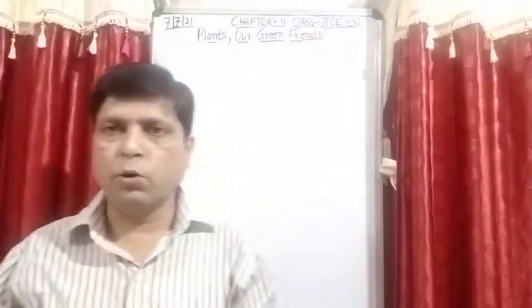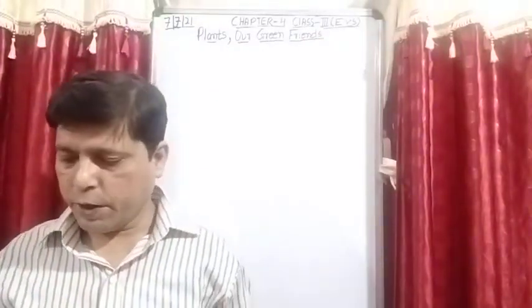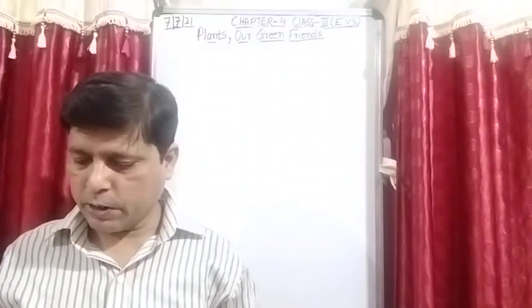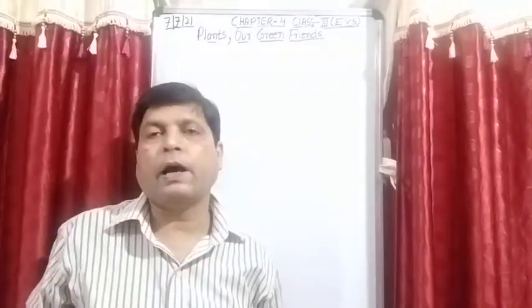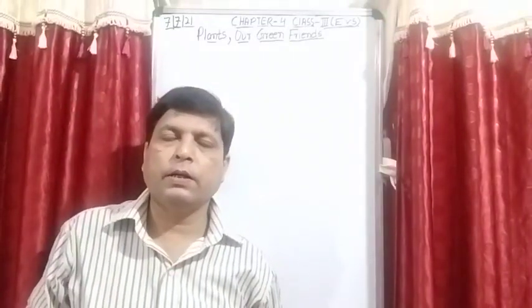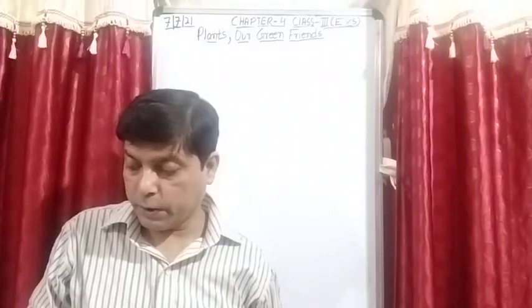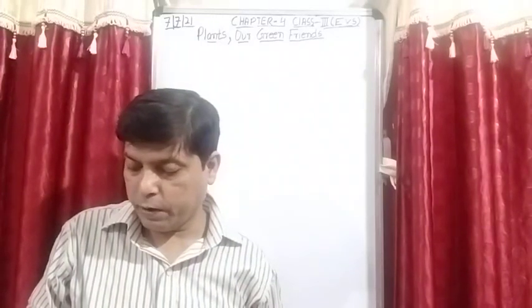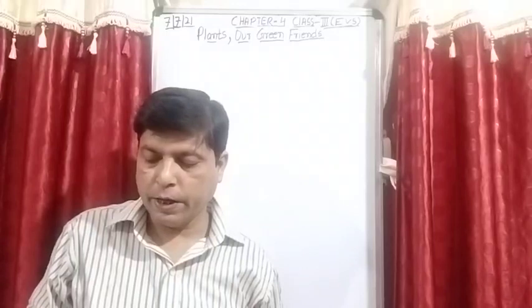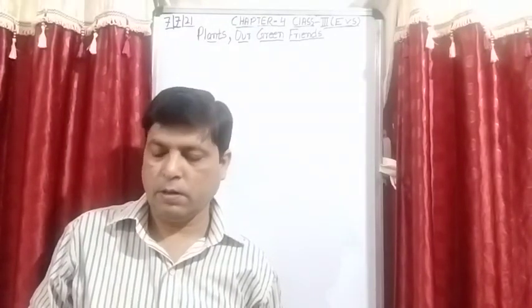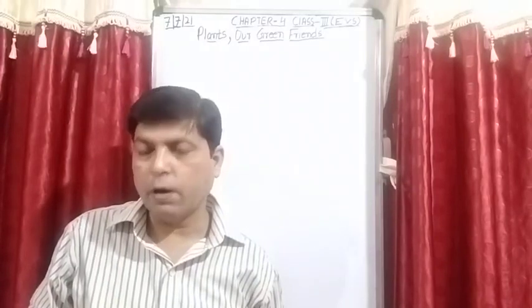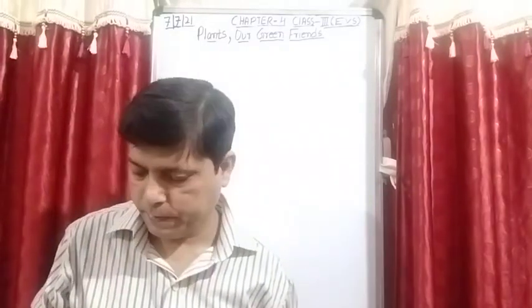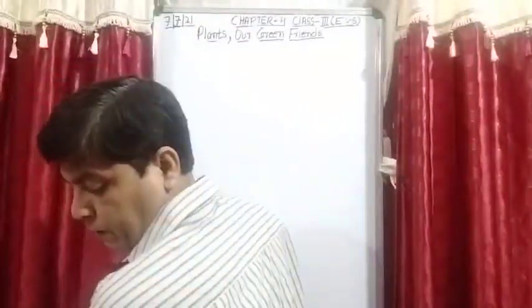So students, let's do a little recapitulation. We have completed this chapter, discussed the keywords and things to remember, and after that we started the book exercises of the chapter. We have completed question number A, tick the correct answer. So today we will start with question number B, write one word for the following.